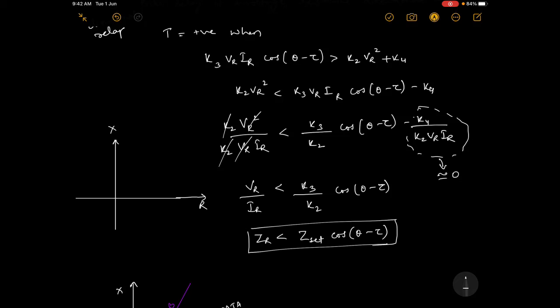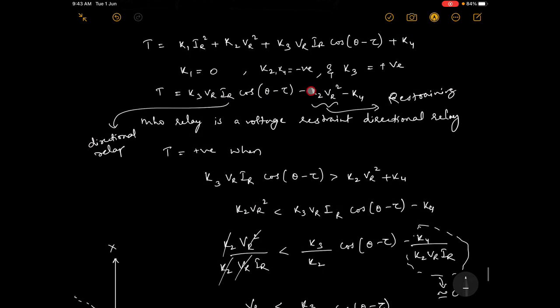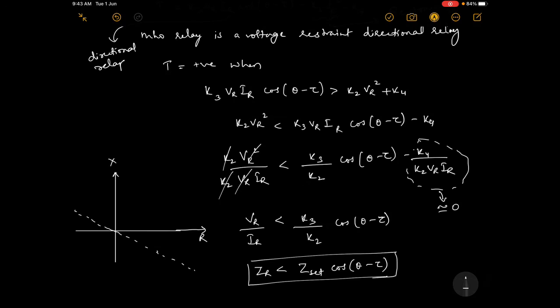Now this is due to our directional relay. As I said, for the directional relay you are adding voltage restraint. For this directional relay, exactly this line is the zero torque line. To understand this you have to understand the directional relay. Exactly at 90 degrees you have the maximum torque angle line, the MTA line, which is making some tau. Tau is the maximum torque angle.